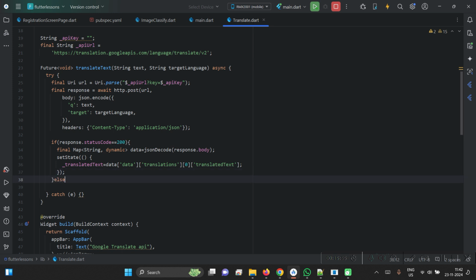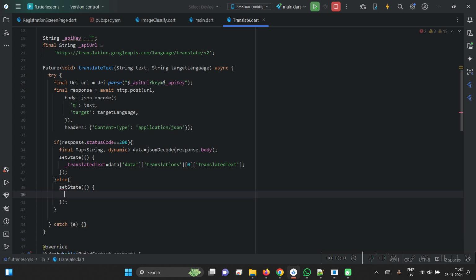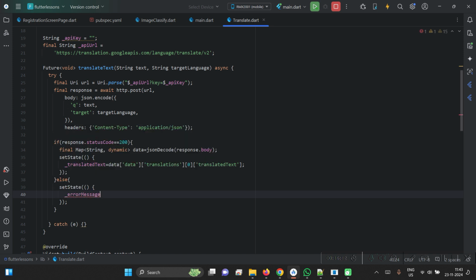Now in case something is there else, what you're gonna do is error message. So another set state we can do is, or instead of multiple set state, you can use a single set state as well. I'm just showing here so it's easy for you to recognize. Okay, you can just simply send a message to the user